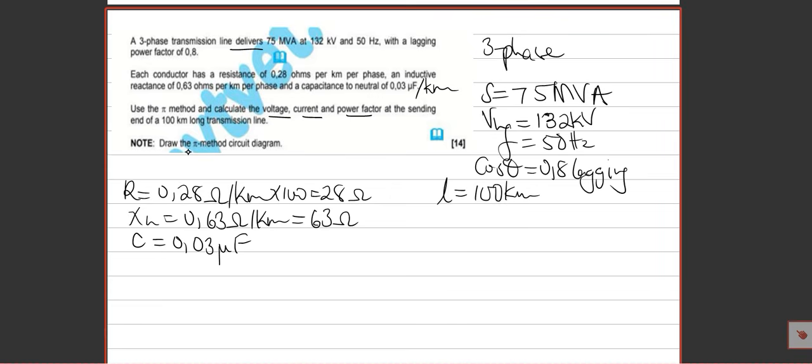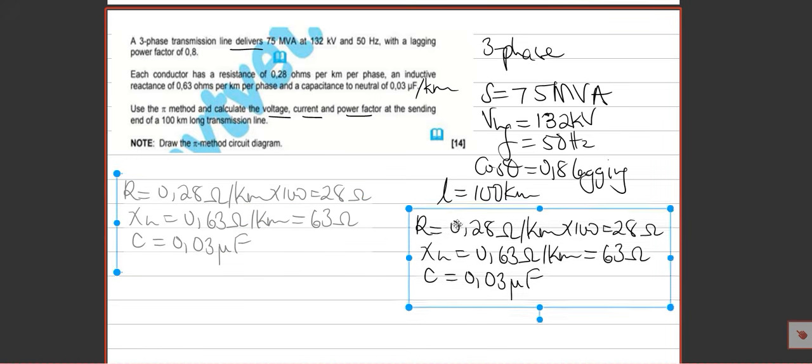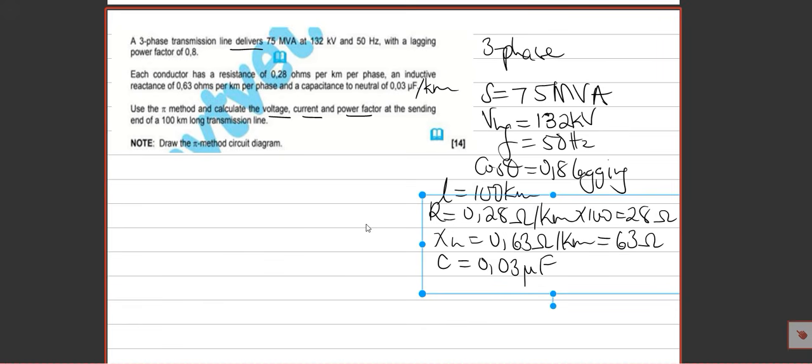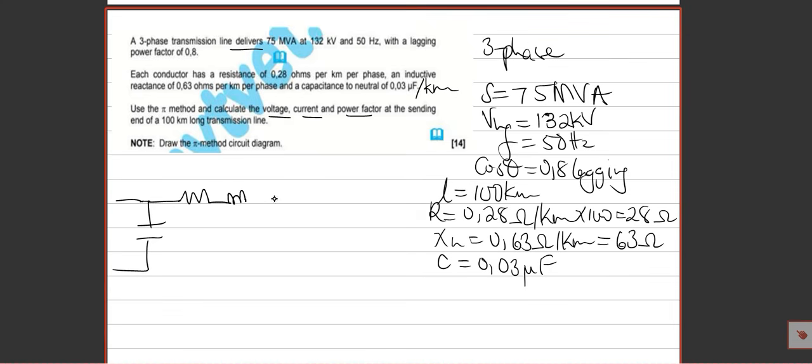The question says draw the pi method circuit diagram. It's a requirement always that when you approach this calculation, you need to draw the diagram. So for our diagram, let's draw it here. Make sure you know your diagram. Labeling-wise, it's not a problem. There are so many ways of labeling this diagram, but it's still the same because you always have a resistance, inductor,